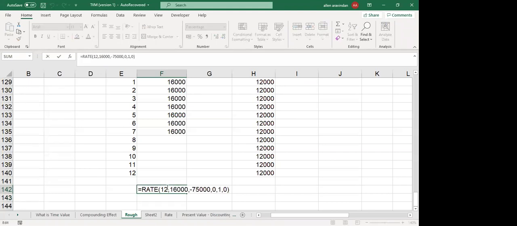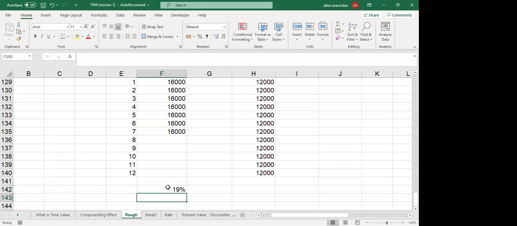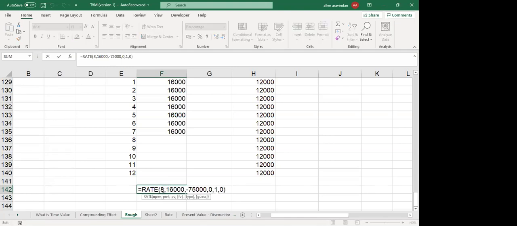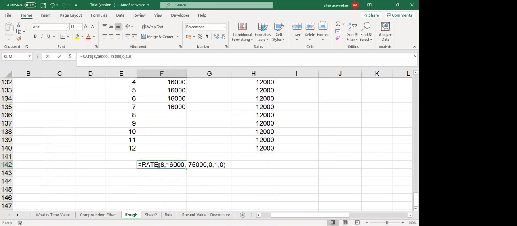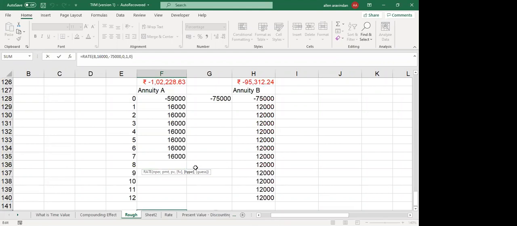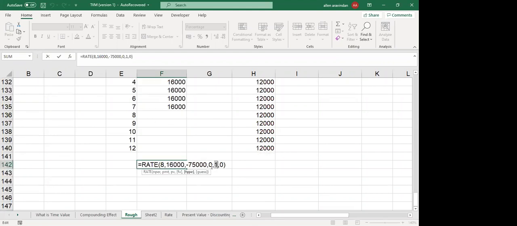Okay. Oh, sorry, this is not 12 years, right? This is 8 years. This is what you get. Sorry, that was my mistake. I was putting NPER as 12. That was the error. So 8 is the number of periods. Do not count the years. Although it might look like this is only 7 years, forget about that. Because Excel is already taking care of that when you put 1. So this adjustment Excel is already doing in the function, so you don't have to worry about that.